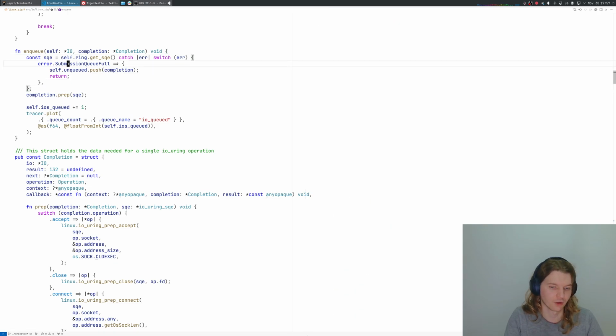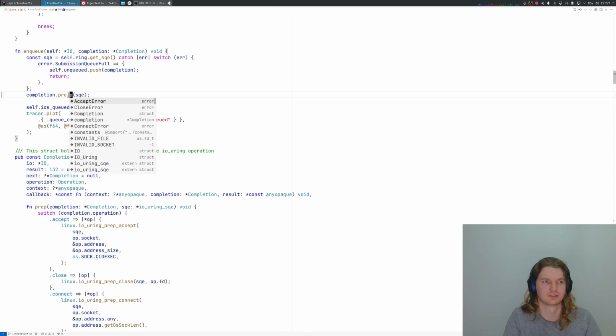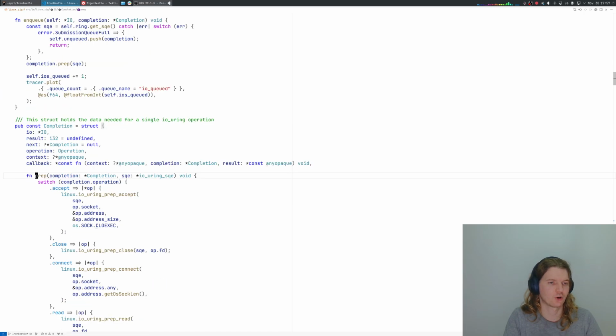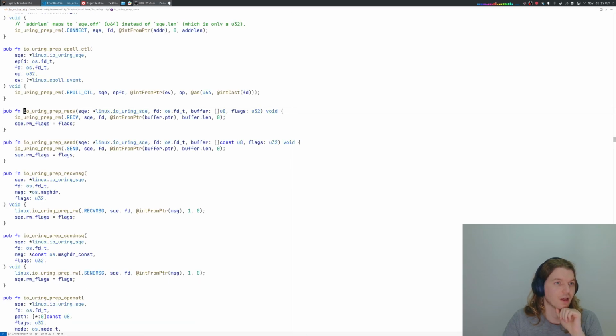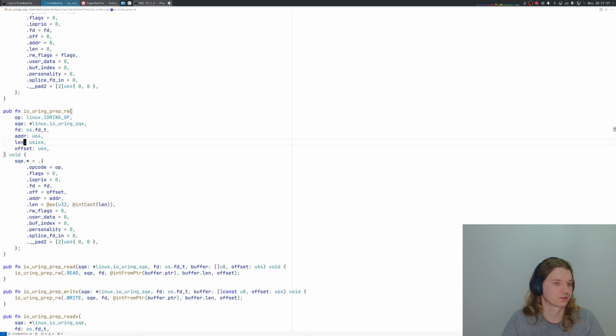Okay, so if we don't have space in this kernel buffer, we enqueue it. Otherwise, we prepare, and prepare should be copying arguments of our syscall into the actual IOU ring. And that is handled by the Zig standard library. So I'm not sure if this